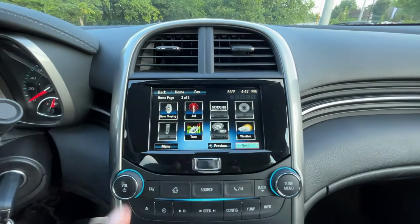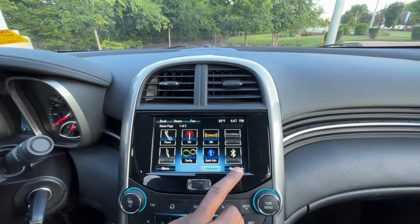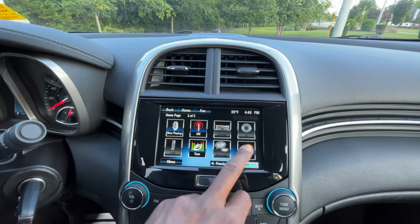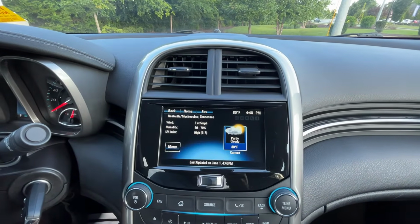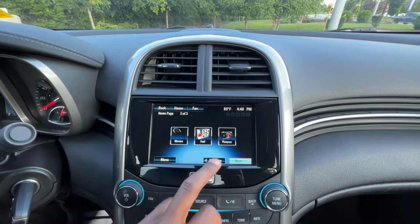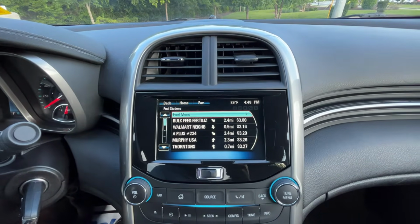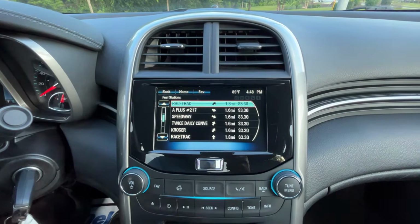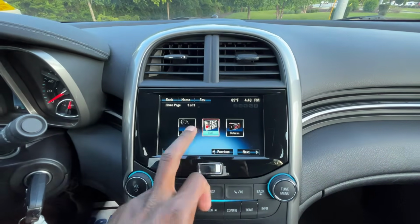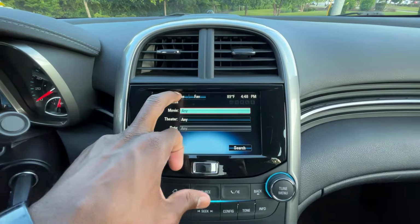And then to the radio, this is our home screen. So we do get AM, FM, XM radio, along with Bluetooth audio. And then we also have an aux input. And then we can get XM weather. It's pulling up fuel prices and all of that, which is interesting because I don't think this has a subscription. But that's nice to know. And then I guess you can search for movie theaters or...